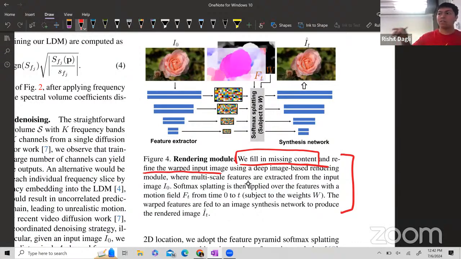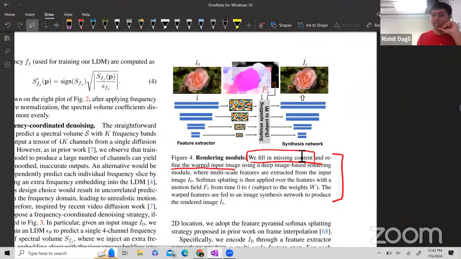There isn't a part of the image where those features look really bad. That's what I would have expected. But they say that it is actually the case, and their synthesis network also does all this filling in. So I guess that's an interesting part of it.